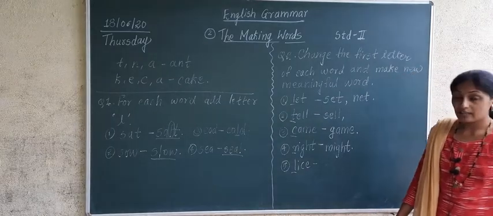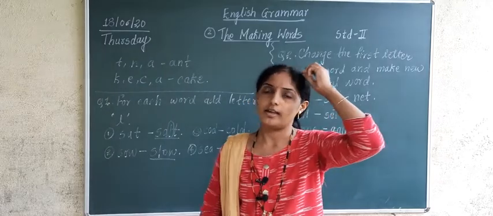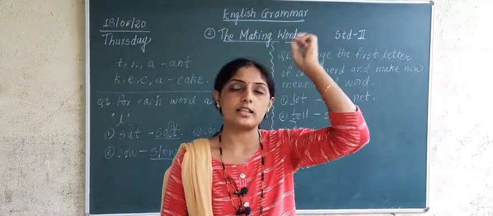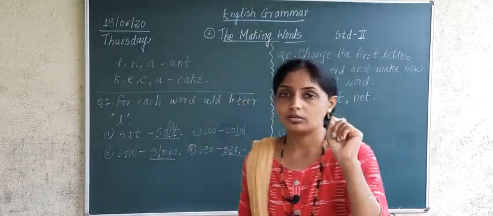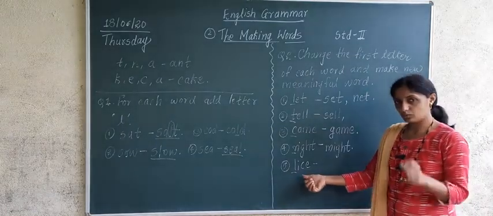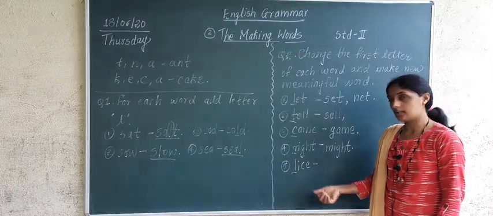The next example is lice. Now lice means what? Lice is an animal which is there in your hair. Lice, correct or not? We say lice, L-I-C-E, lice. In Marathi you call it what? You call it oo, right? So the English word for oo is called lice, L-I-C-E, lice.